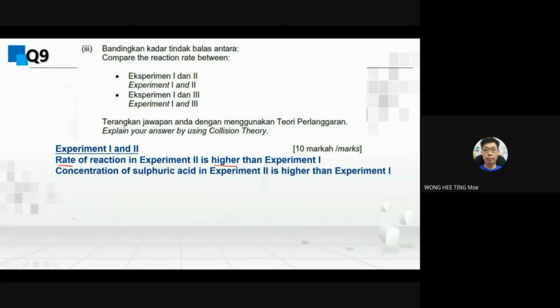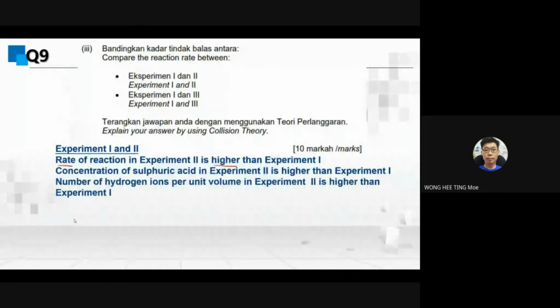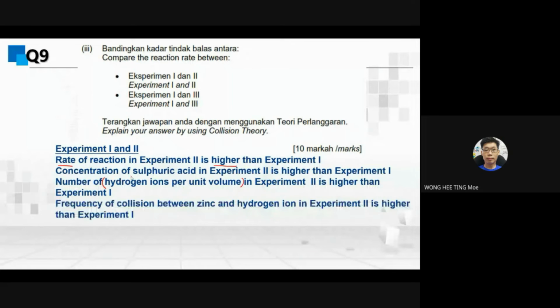And the concentration of sulfuric acid in experiment 2 is higher than experiment 1. The number of hydrogen ions per unit volume in experiment 2 is higher than experiment 1. The frequency of collisions between the